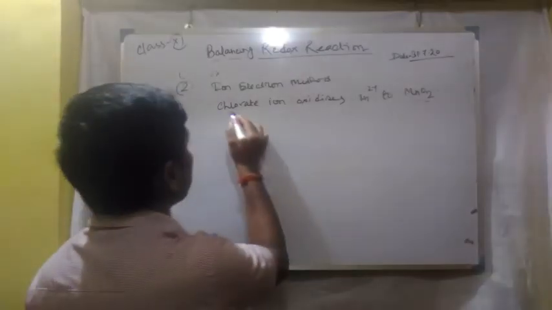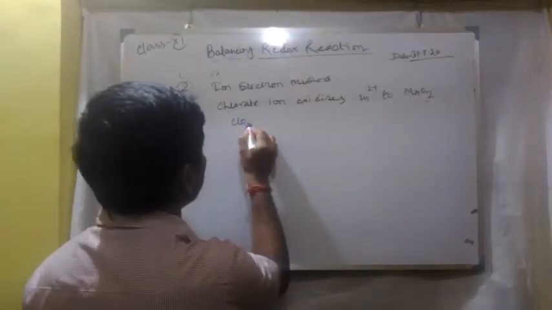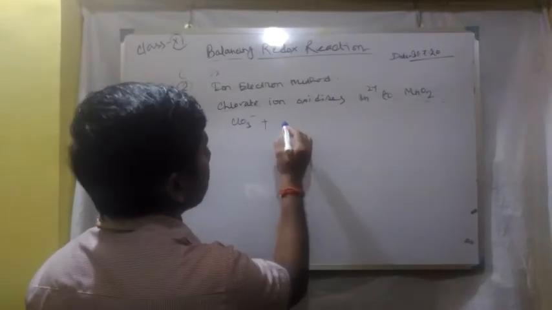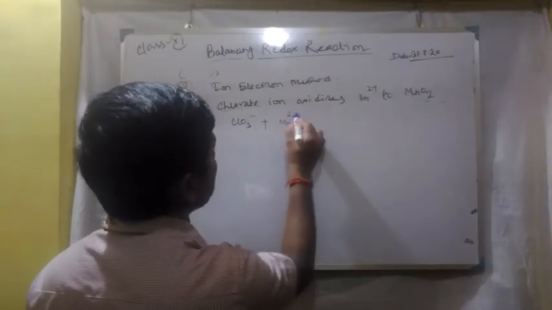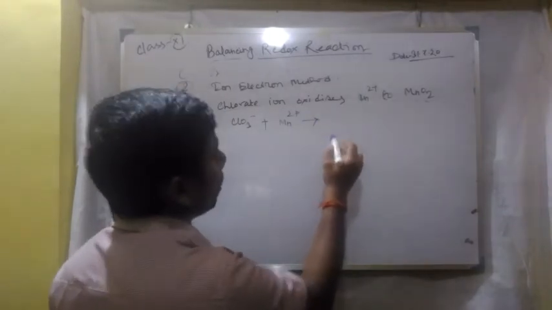Now chlorate, ClO3 minus, oxidizes Mn2+ to MnO2,